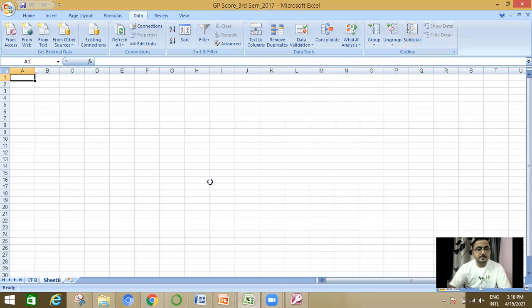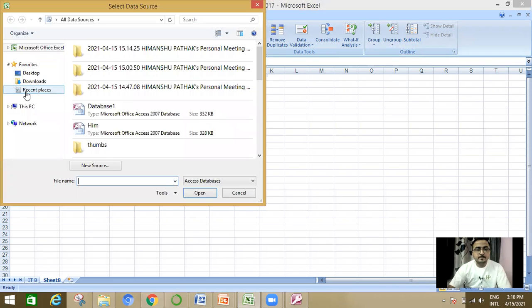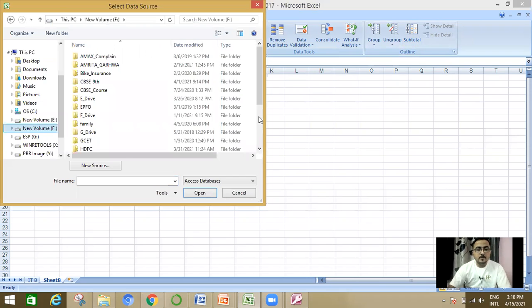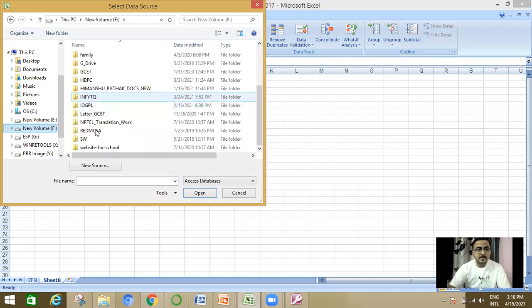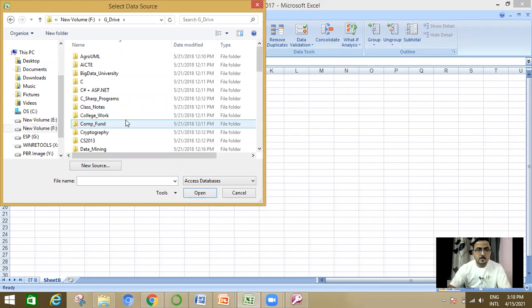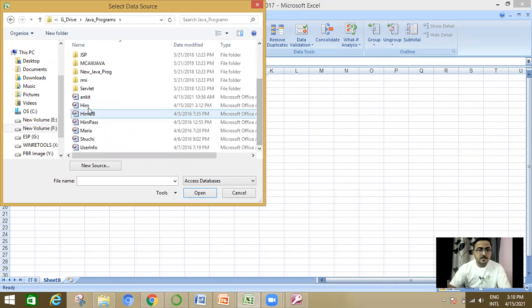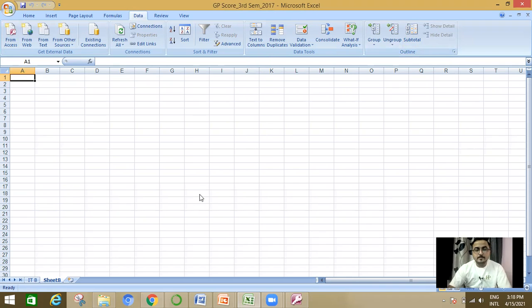So let us see. Click on the Data tab, go to From Access and click on that. A dialog box will appear. Locate the place where your database is stored, and just click on Open.